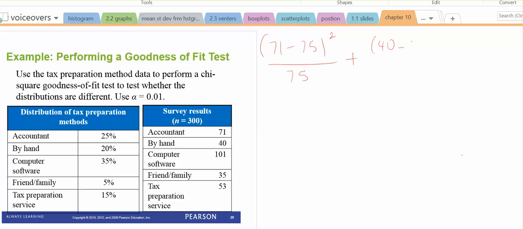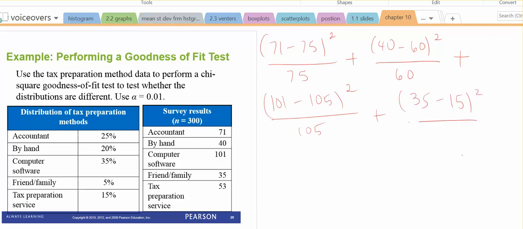I don't have the expected values here on the screen, but they're on the previous slide. We still have to do this 2 more times. So you're comparing the distance from what we expected it to be